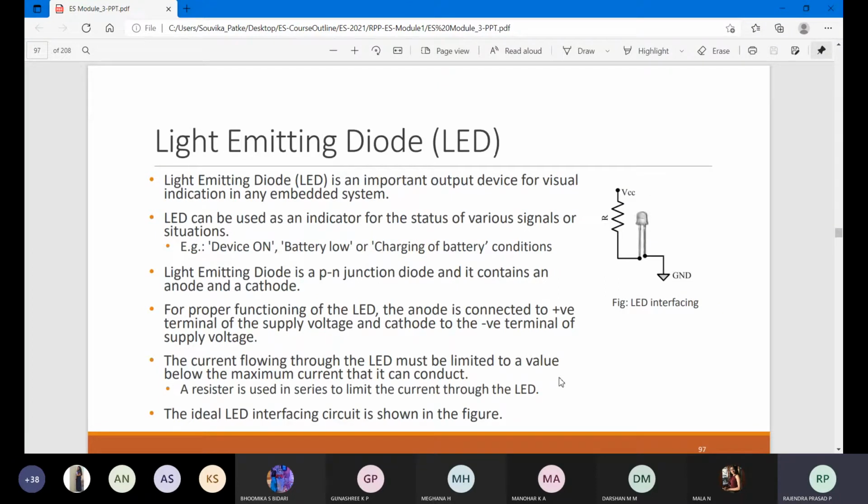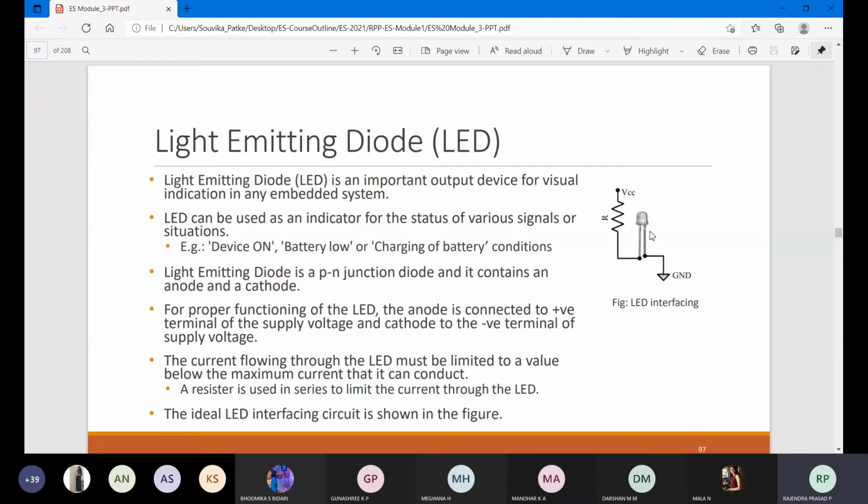One of the circuitry boards which I can observe is this, which is the LED. So this is LED interfacing. You have an LED, we have a ground, we have a power supply, and there is a resistor which will control this LED. Now here I can have multiple types of things. If I take a traffic signal, if green is there, you are allowed to move. If red is there, it indicates you have to stop. And if yellow is there, it indicates that it is about to start. So you are giving certain instructions.